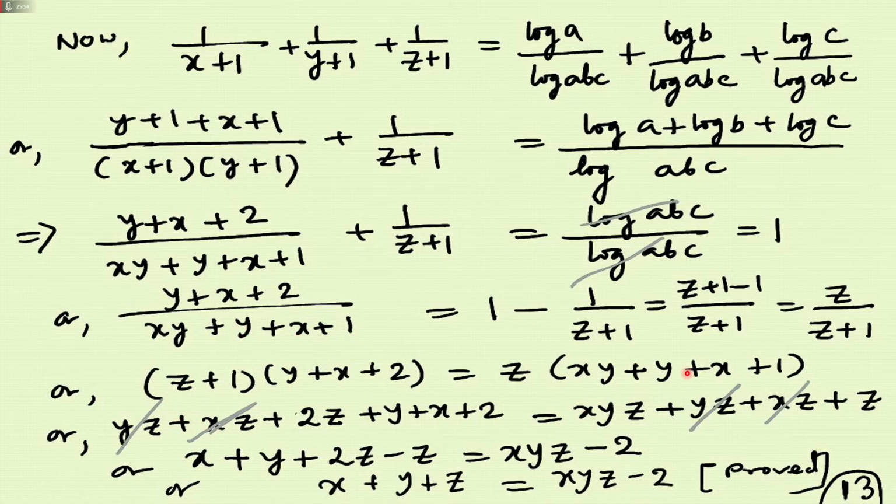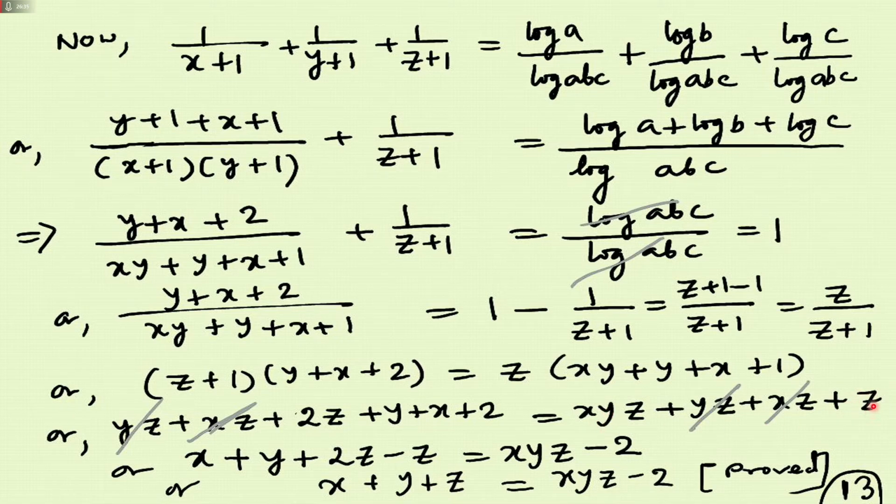Now open these two brackets by multiplying. You will have these terms here, and just producting this factor with z, you will have these terms. Now see that here yz and here also yz, and they are on two sides of the equality, and this is xz and this is xz, so cancel them, and finally you will have y plus x plus 2 plus 2z here, and here plus z. And here xyz also will be there.